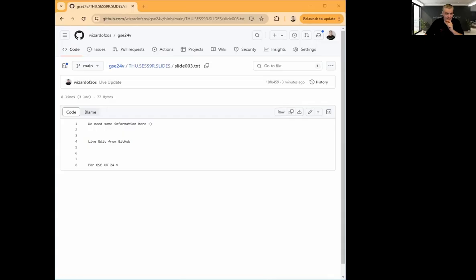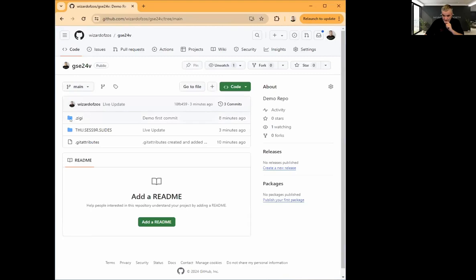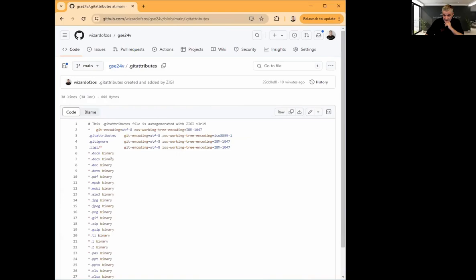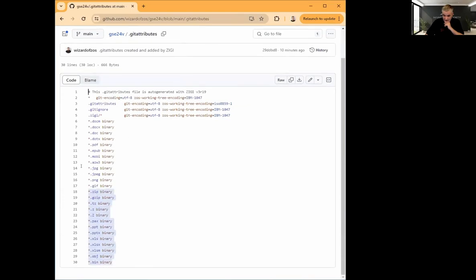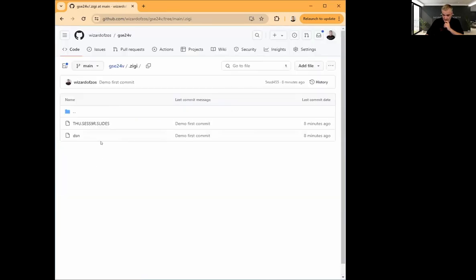Going back to our friend GitHub. Here's the Git attributes that ZigGI made. You can see that we take care of a lot of standard things for you, should you have those file extensions. All its internal data gets tagged, and if I tag files differently, you get something else than this little, you know, everything selection. In the .ziggy folder, you will find